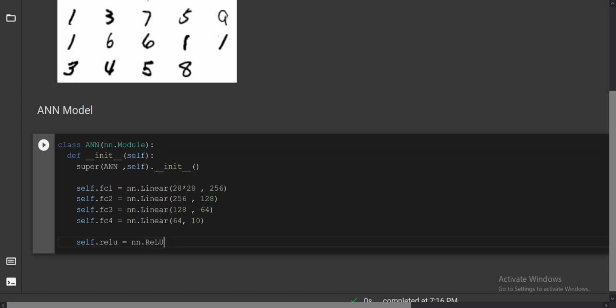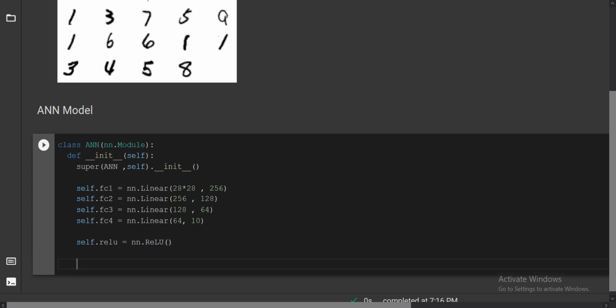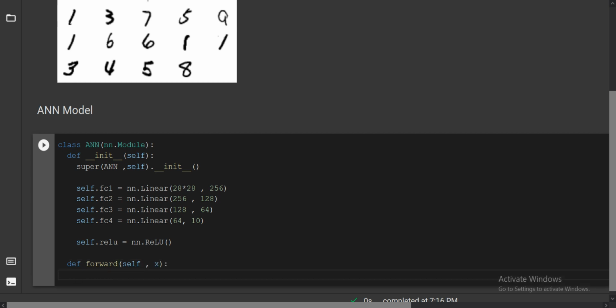Okay. So this was the basic of how we have just built our model. We have just initialized our fully connected layers, that's it. Now we will do forward propagation. This is the main thing where we will build our module. Then you will write forward, and inside that it will take the first thing, that is self, and the second, the image you want to pass. Suppose the first image is passing to these neurons.